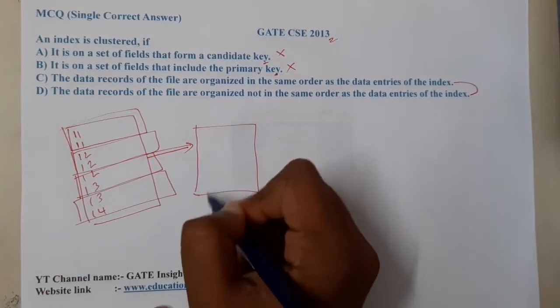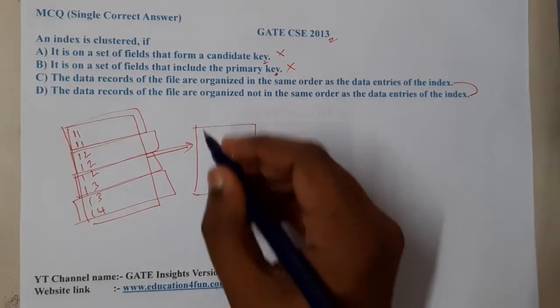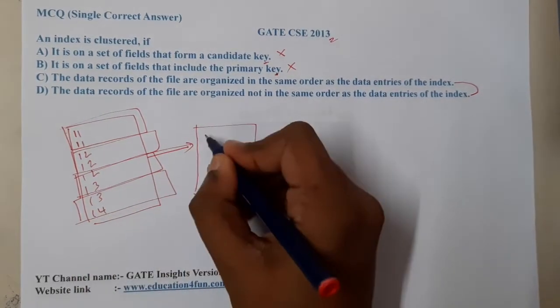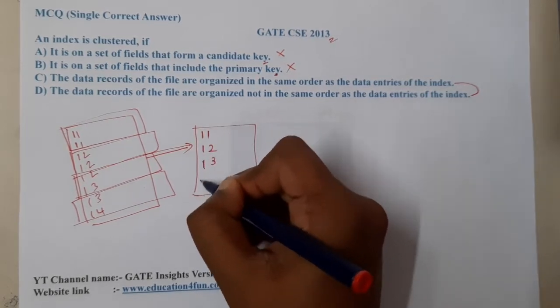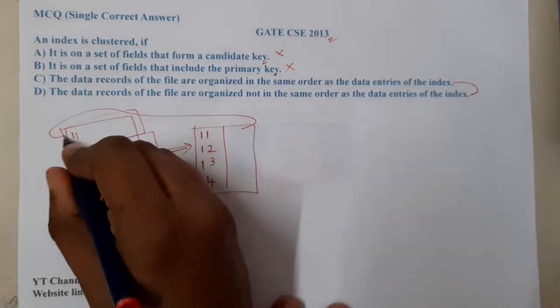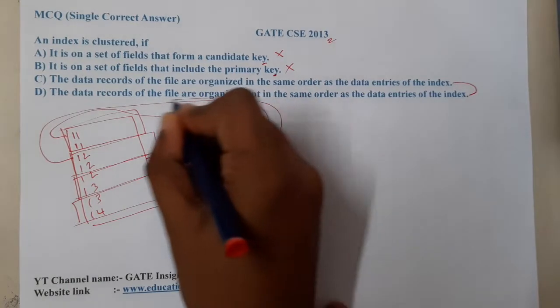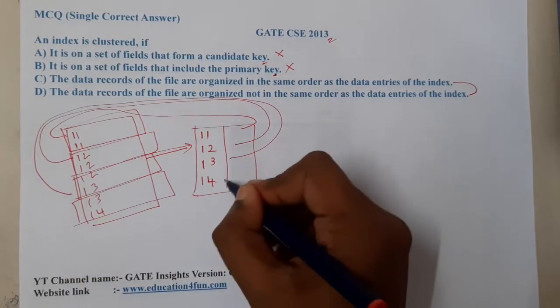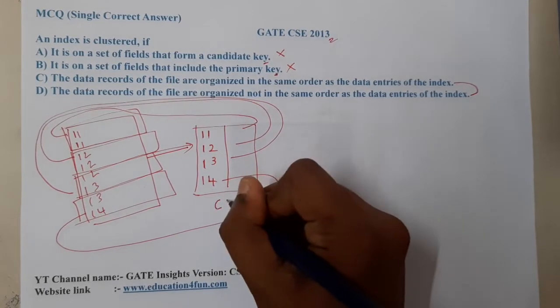Now inside this index, what will we store? Are you going to store the first value? No, you are going to store the unique values. So 11 gets one entry, 12 gets one entry, 13 gets one entry, 14 gets one entry. The block pointers will point to the particular location where the first value exactly is. So this is nothing but our clustered indexing.